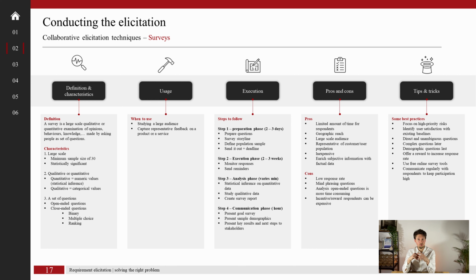If the survey takes too long, people tend to lose motivation and won't answer questions as thoroughly as they did in the beginning. Define your population sample. This should be as random as possible to avoid any type of bias, unless you want to have answers from a specific group